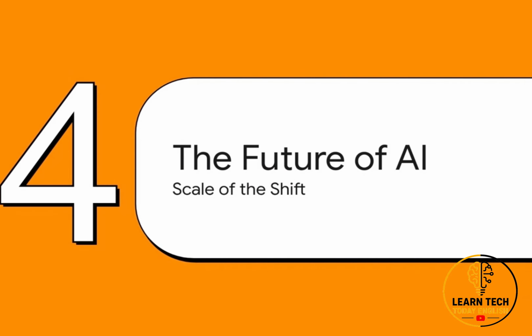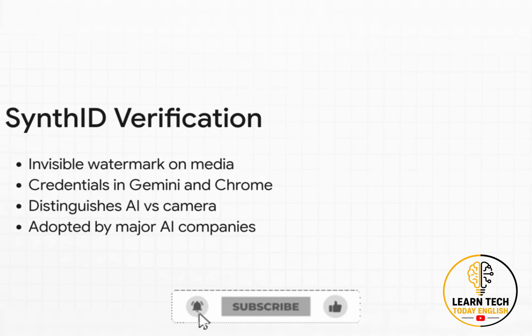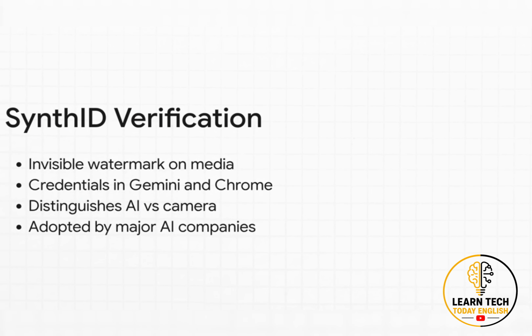Finally, Section 5, the future of AI. The scale of the shift. Now, as generative AI gets this incredibly powerful, you're probably wondering about safety and transparency, right? Well, transparency is scaling right alongside it. Google's SynthID has actually applied an invisible watermark to over 100 billion media files across the internet. They're building content credentials directly into Gemini, search, and Chrome. This lets you instantly distinguish whether an image's origin was AI or if it was shot on a real camera and just edited later. The standard is becoming universal, and it's already been adopted by major players like OpenAI and